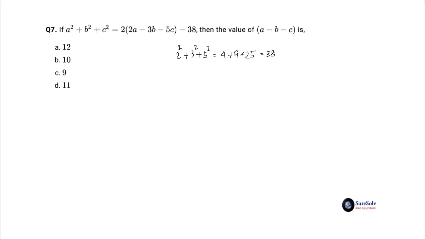38 will provide then the squares of the 3 second terms of the 3 square expressions. Now rearrange the terms to transform the given expression to a minus 2 whole square plus b plus 3 whole square plus c plus 5 whole square equal to 0. As each of the square expressions must be 0 for the sum to be 0 by the principle of zero sum of square expressions, a minus 2 equal to 0 or a equal to 2,